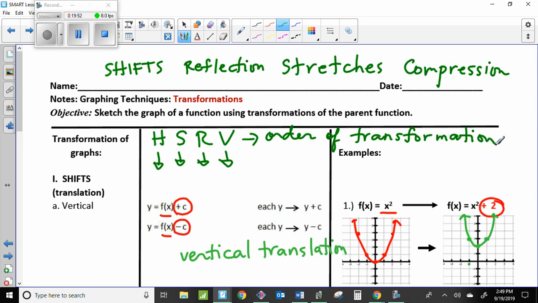The order of transformation of graphs is horizontal shift, stretches, reflection, and vertical shift. Let me repeat: horizontal shift, so that's your movement left or right; stretch, vertical or horizontal stretches; reflection over Y or X axis; and then vertical shift up or